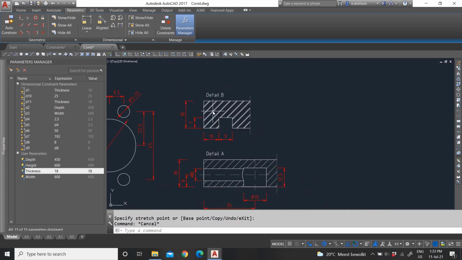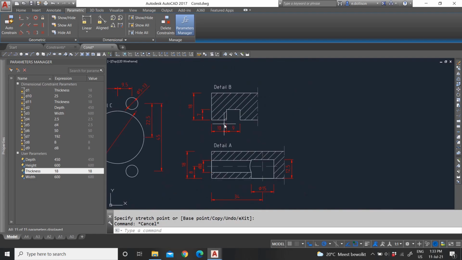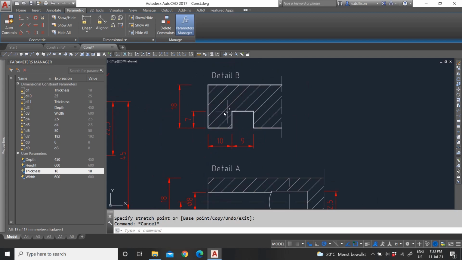And then we have our distance of 10 and the depth of 7 millimeters. So let us make some user parameters. First of all, we have this one called groove